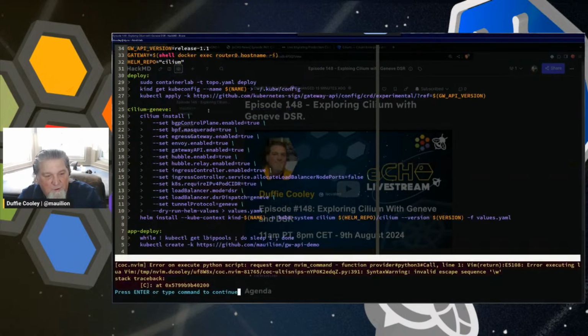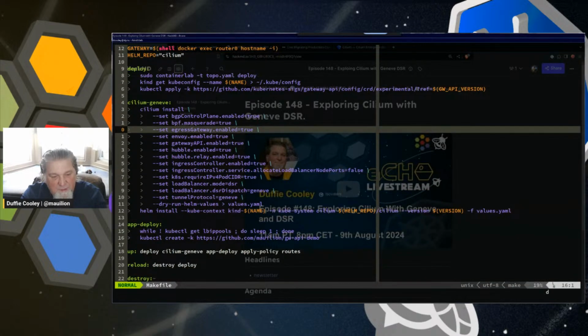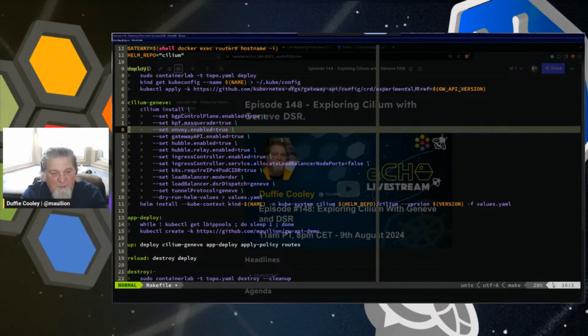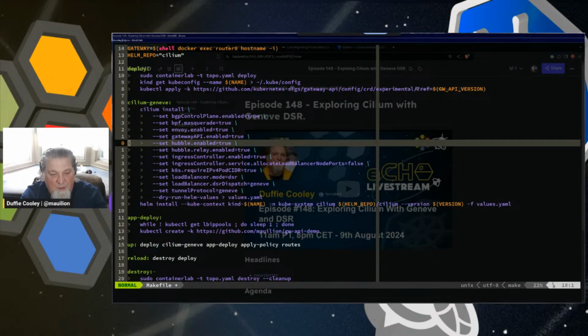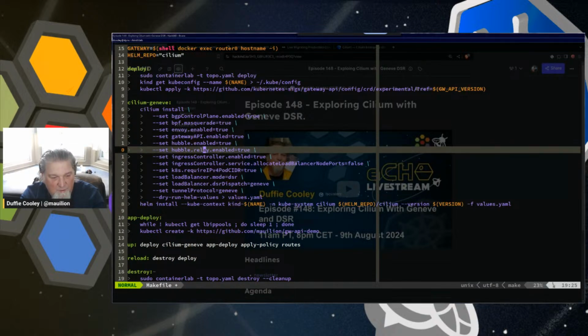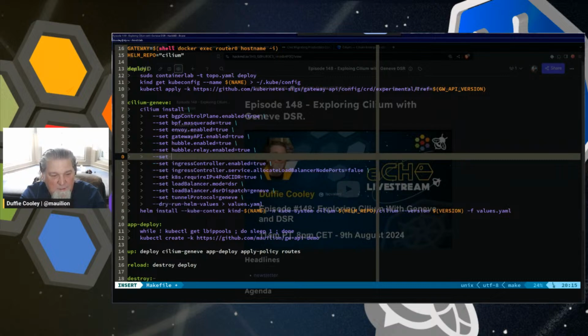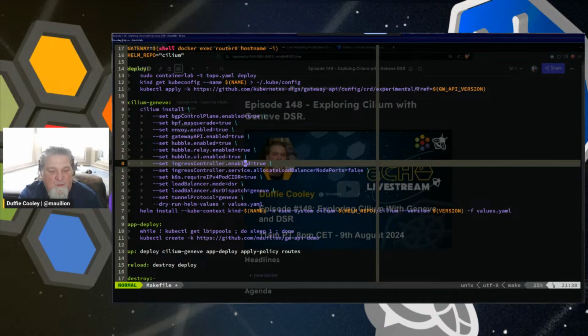I have this makefile that I've created. And what we're going to do is we're going to enable BGP control plane. We're going to enable BPF masquerade. We don't need egress gateway. We're going to separate the envoy out to a different daemon set. We're going to enable gateway API. We're going to enable Hubble and Hubble relay. I forgot to enable Hubble UI. Set Hubble UI enabled equals true. Okay, we're going to enable Hubble UI. We're going to enable the ingress controller,